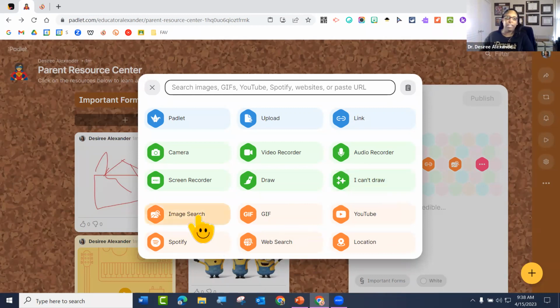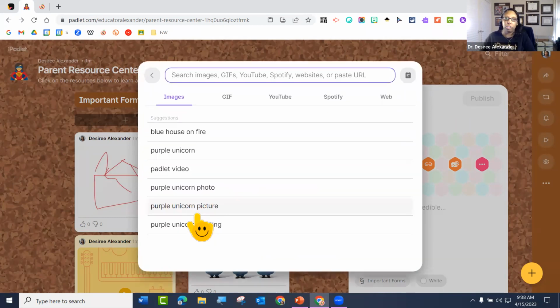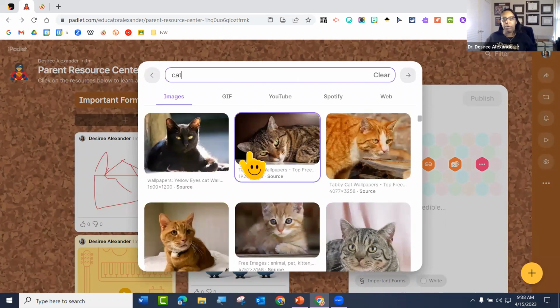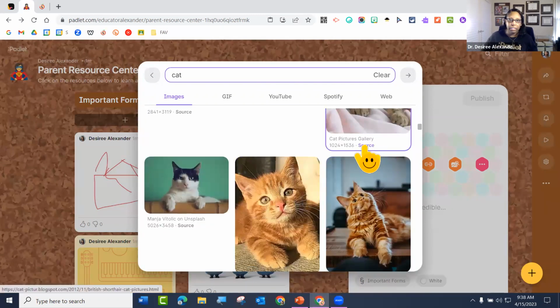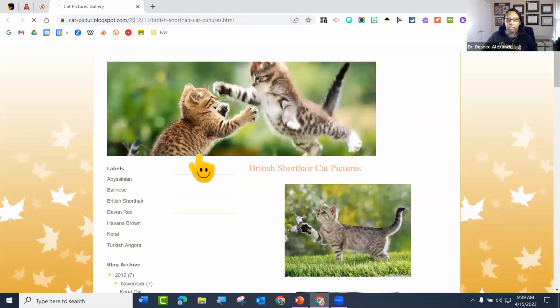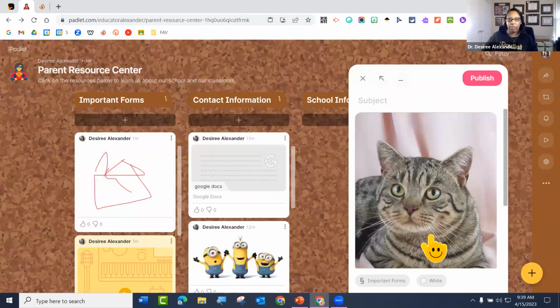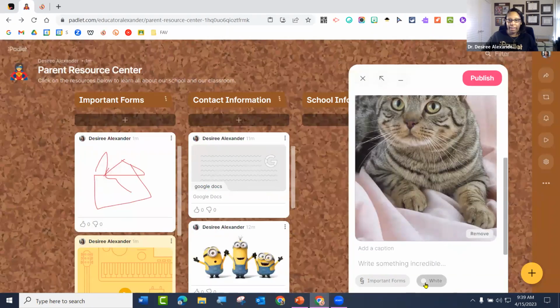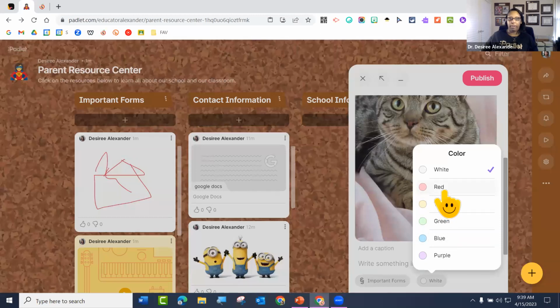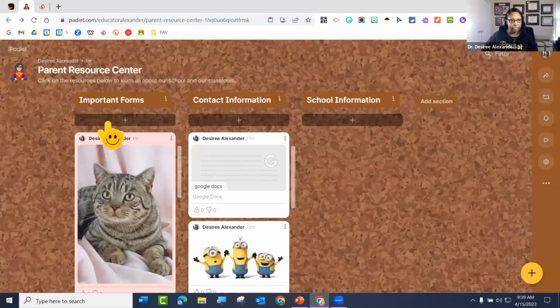So then we have image search. So you can just do a search right here for your images. So I'm gonna search for a cat, for example, and now I'm getting a cat. Notice it has the source with it. So I can click source and see where's this coming from, right? So if I'm like, yeah, I love it, this is the cat I want. So now I have the cat in there. I don't know what I haven't used yet. Red, maybe. All right. So now it's a red background with the cat, and there you go.